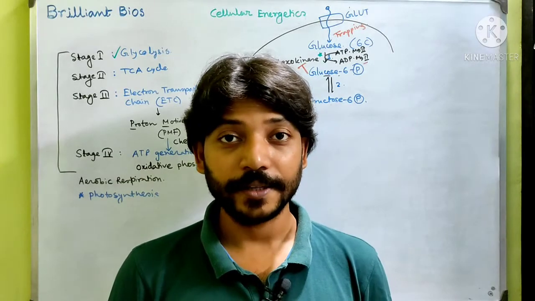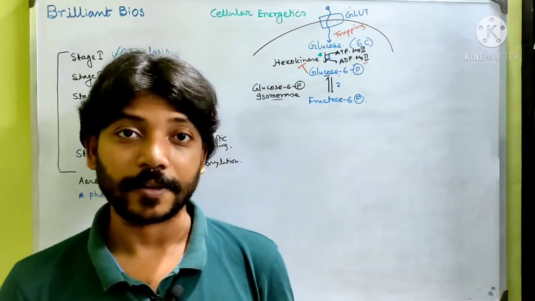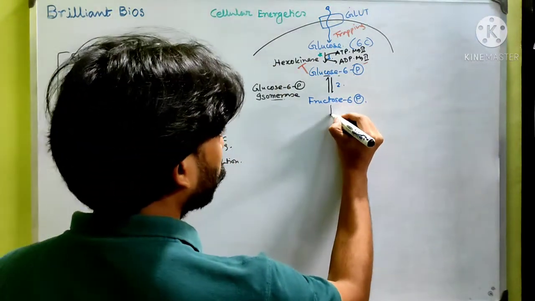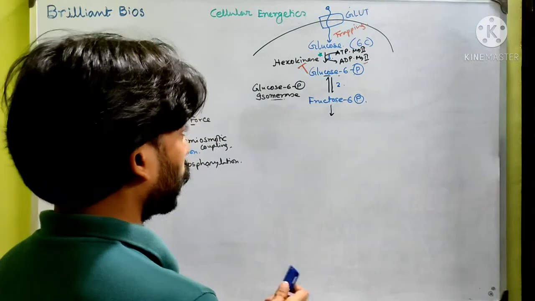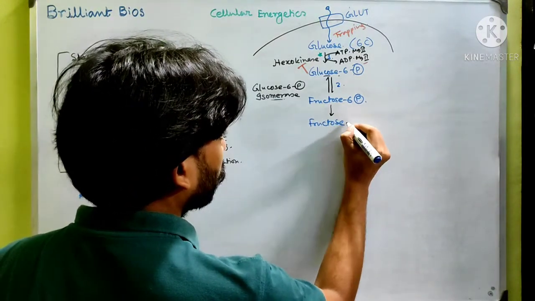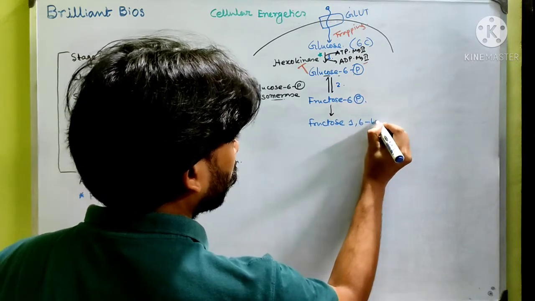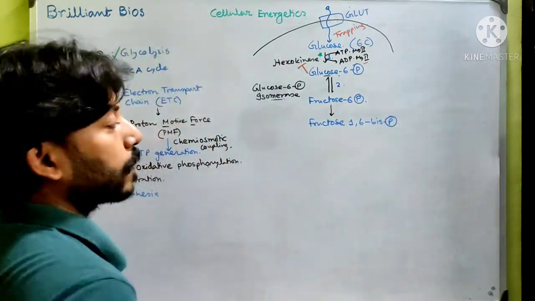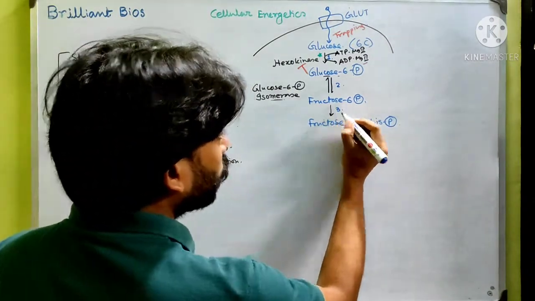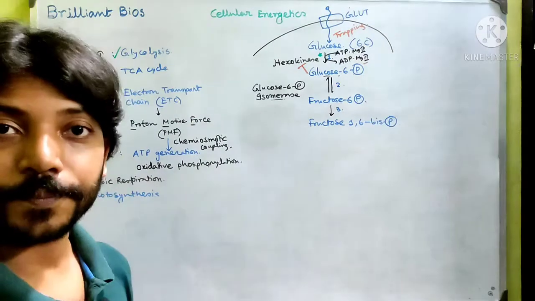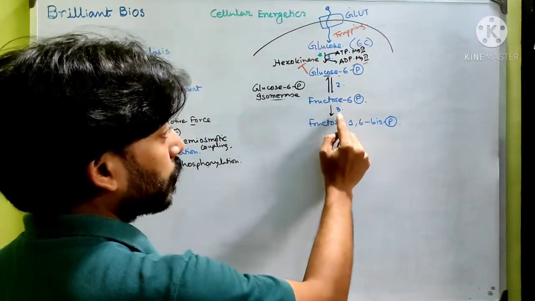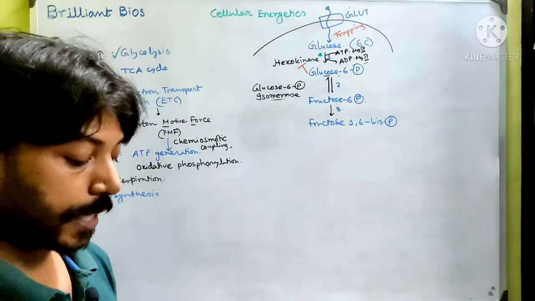Welcome dear students. In this video I'm going to talk about the third step of glycolysis, that is the conversion of fructose 6-phosphate to fructose 1,6-bisphosphate. As you can see, the third step is actually an irreversible step. So the first step is irreversible, the second step is reversible, the third step is also irreversible, and the name of the